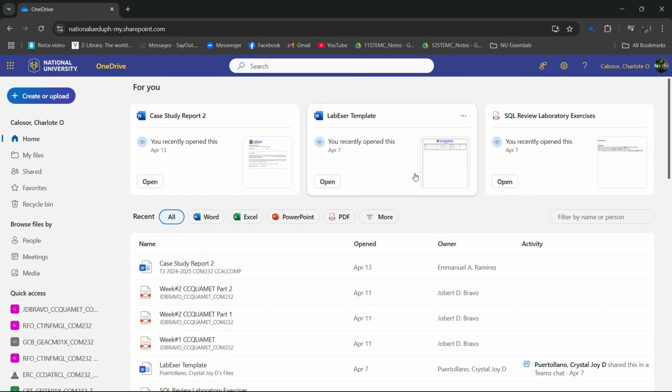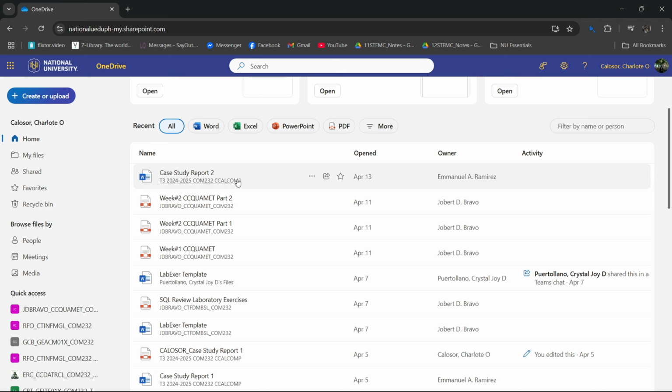So for today, I'm going to teach you how to transfer files from OneDrive to another OneDrive. First, you need to select a file, a specific file, or even a folder that you want to transfer to another OneDrive. So first, you just have to click on the drive, which is the three dots right here,